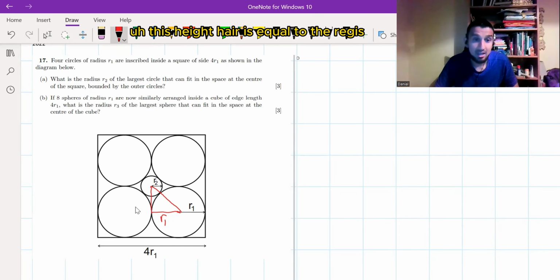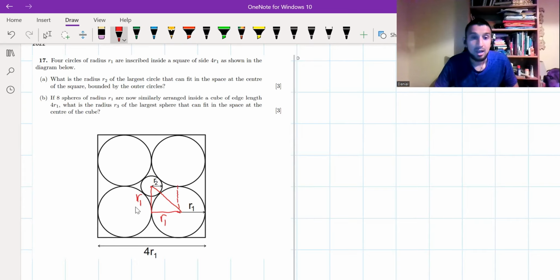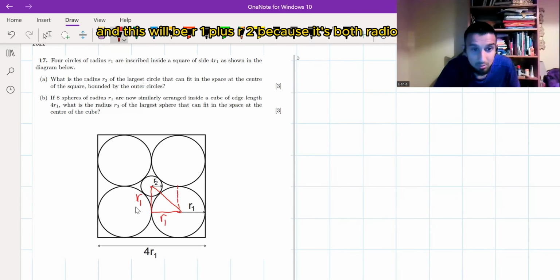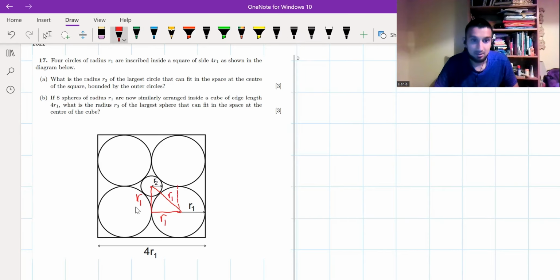This height here is equal to the radius because you can see it's sort of parallel to the radius there. So that will also be R1. And this will be R1 plus R2 because it's both radii. So we can use Pythagoras' theorem here